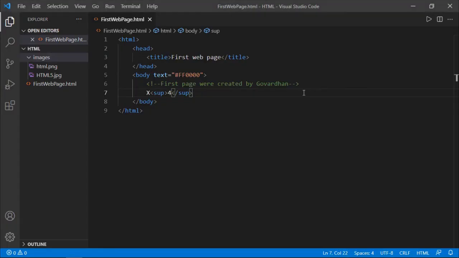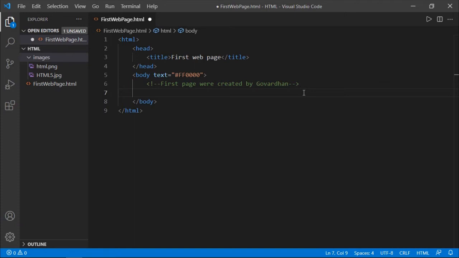Similarly, we have the sub tag, which stands for subscript. If you want to display any characters at a base level, in such cases you use the sub tag. Let us take a simple example, a logarithmic expression, for example log 10 with base e. There e is going to be displayed at a base level.